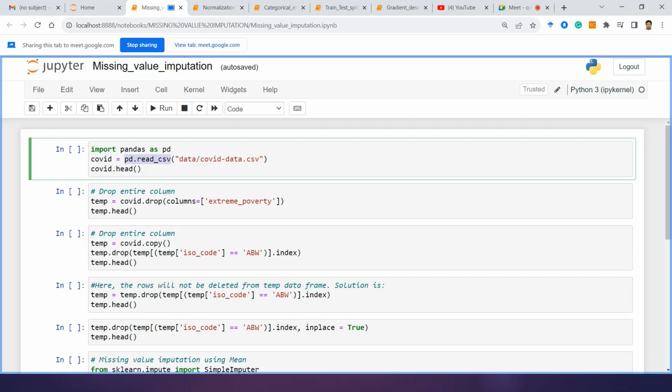The COVID word is very known to you. So if I just run this cell, I have just printed the first few rows of the data, not the full data set, because that is not important. So if I just run this,